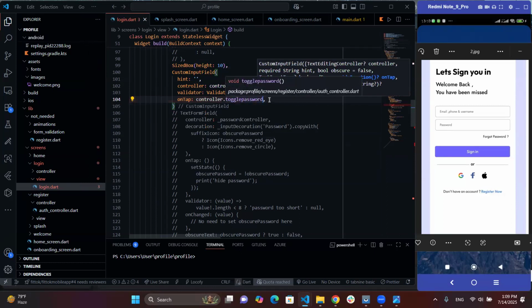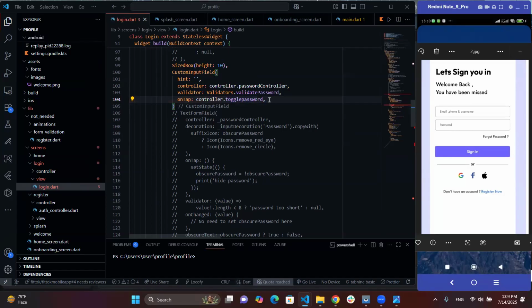All right. So you see, we don't actually need to do set state here, just like we did here on tap. We already did this in the controller. So what we're doing is just calling each of these methods into the UI. This is the UI for the login. All right. So next thing we'll have is